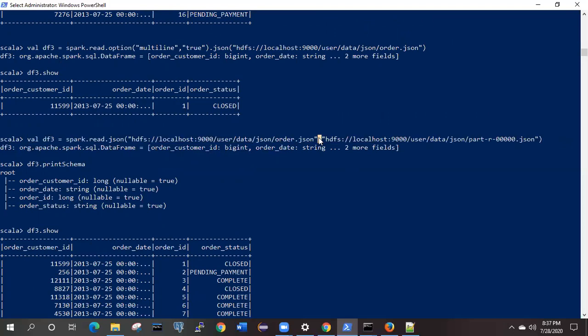But this is the syntax for how we can read the data from multiple files. There may be chances that one file is present on the local file system and one file is present on the HDFS, so you can also read it. Only you have to give the exact path over here. No need to give any specific format or something like that. So this is how we are going to read the data.